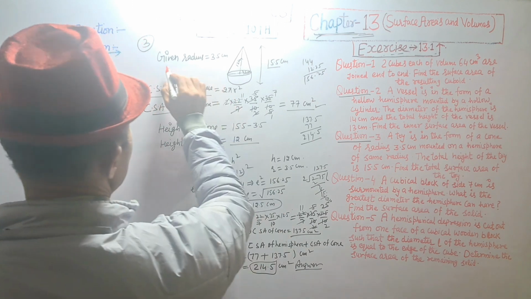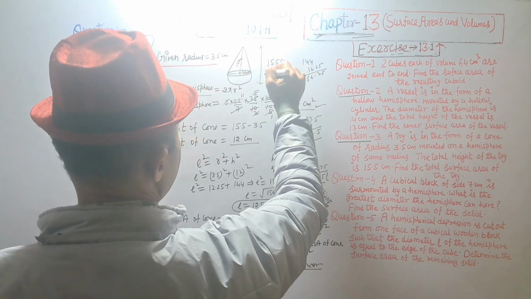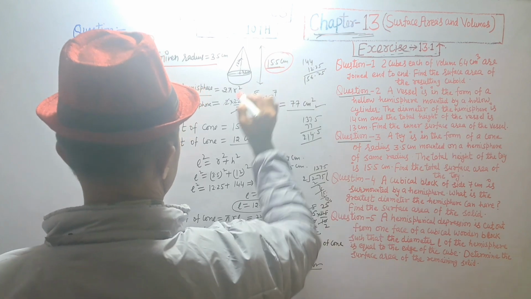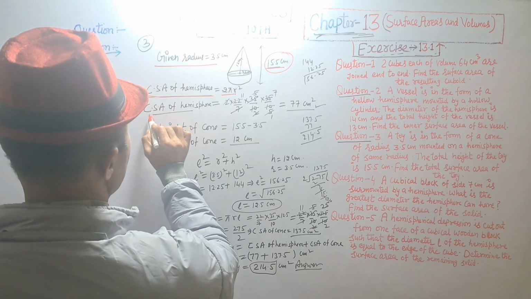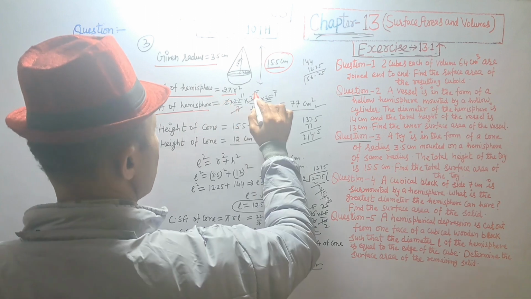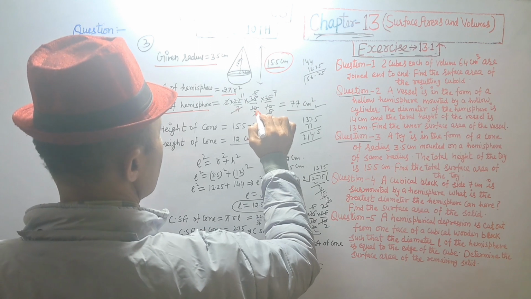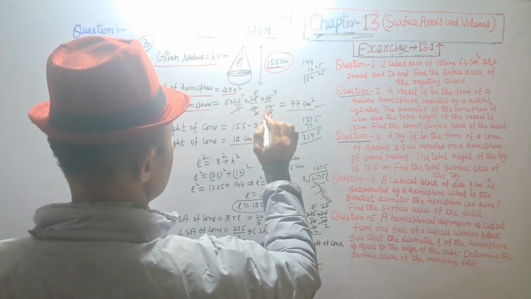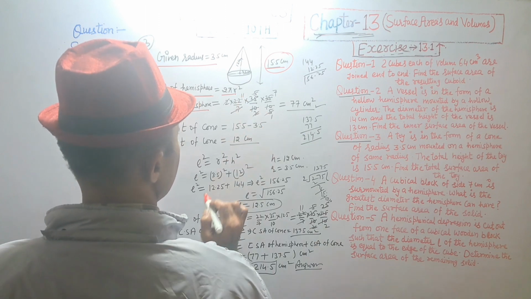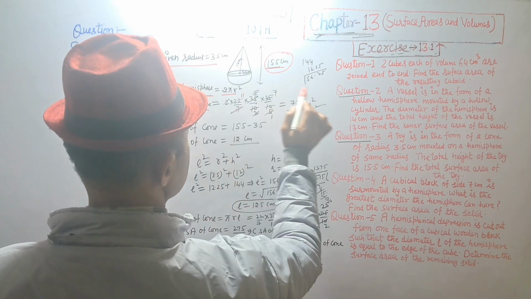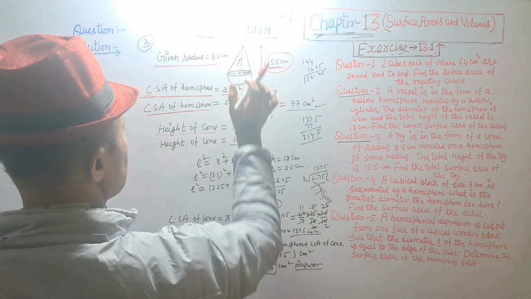Answer: given radius is 3.5 centimeter and total height, that is equal to 15.5. Curved surface area of hemisphere equal to 2 pi r square. Curved surface area of hemisphere, 7 5s are 35, 5 2s are 10, 2 is cancel, 11 2s are 22 and 5 2s are 10, 5 1s are 5, 5 7s are 35. We get 11 7s are 77 centimeter square, and the height of cone is total height minus radius, that is